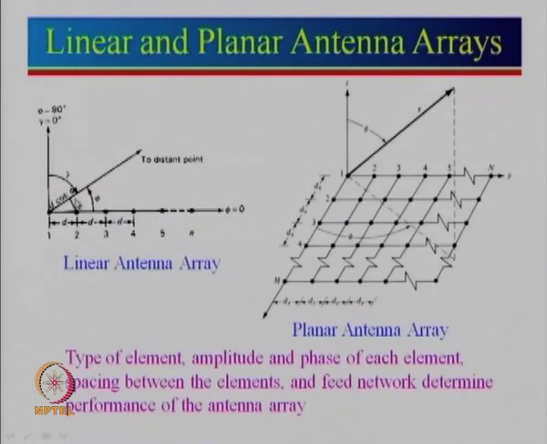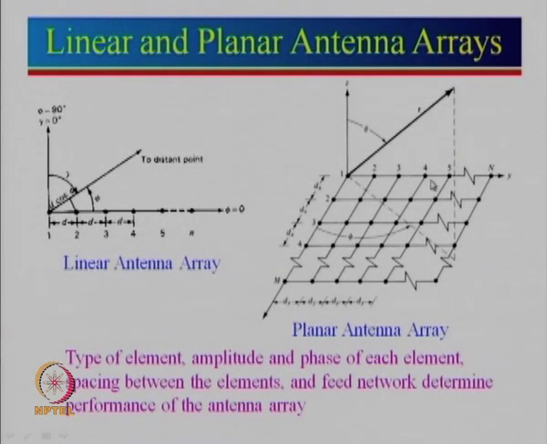One more thing I want to mention here, that this linear antenna array can be generalized for a continuous line source also. So, just think about if the spacing between the elements is reduced, let us say this shows here d, if the spacing is reduced to say d by 10 and the number of elements is increased by 10 times. So, the total aperture size may still remain the same, but now the elements are very close to each other. So, here we can generalize, if d is tending towards 0, we can say that there is a continuous source.